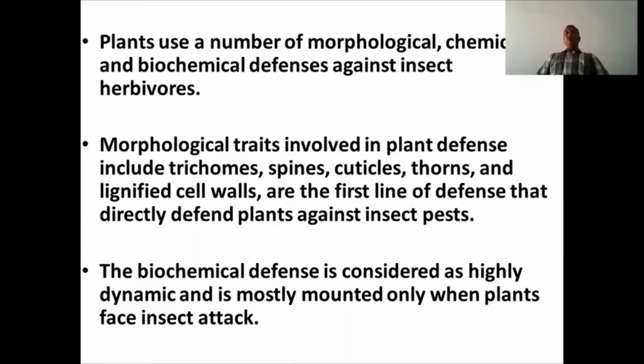So trichomes, spines, cuticles, thorns, lignified cell walls, all these are the first line defenses. These are the first line defenses which help the plant to protect or defend itself from the herbivores, or the one which is going to feed on the plant. And the second one is